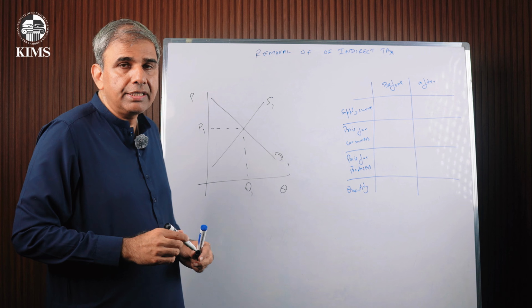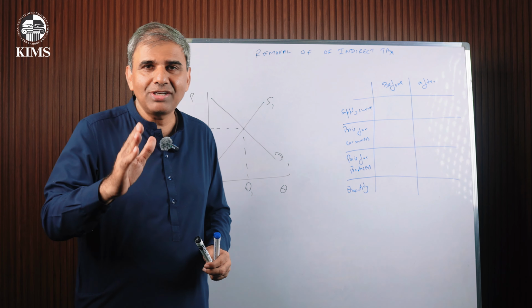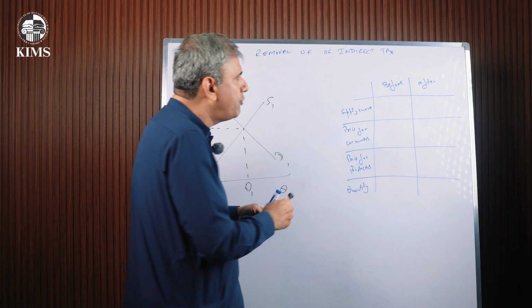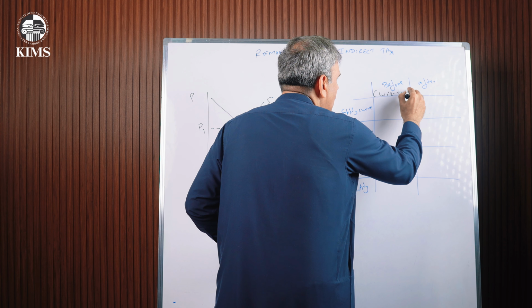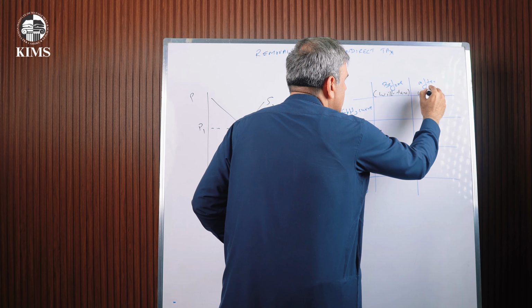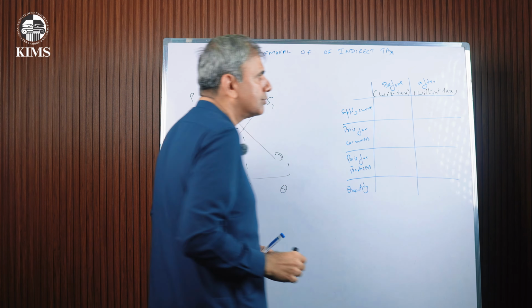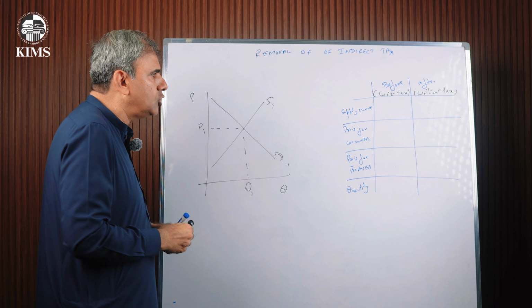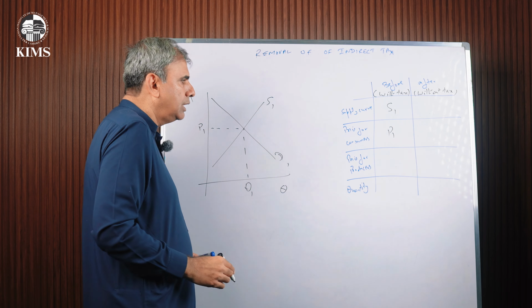So before the removal of tax, understand, before the removal of tax means price with tax. So before removal means with tax. After removal is without tax. So with tax, the price paid by the consumer is P1 and the supply curve is S1 and the quantity